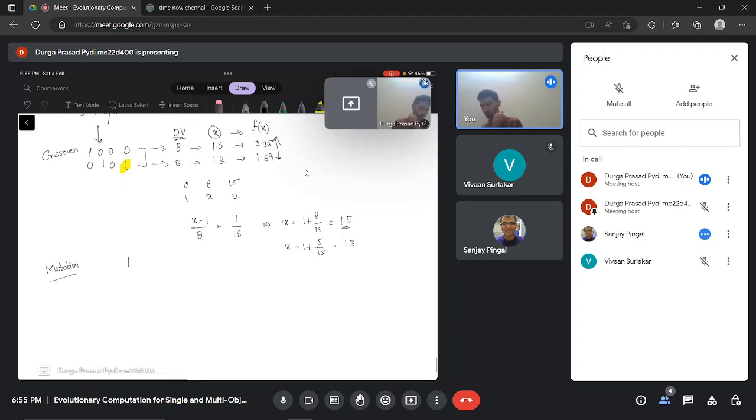Now you choose a mutation probability of, say, 0.2 or 0.1. Usually, if you have more variables, you increase your mutation probability. If you have one variable, you choose 0.1 or less. Once the mutation probability is chosen, you again generate a random number. Say the number I got is 0.3. So do I do the mutation or not? If I get 0.3 when my probability is 0.1,